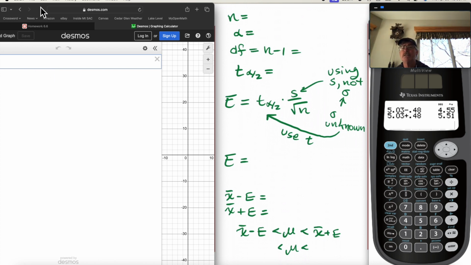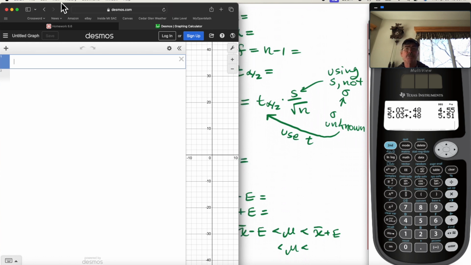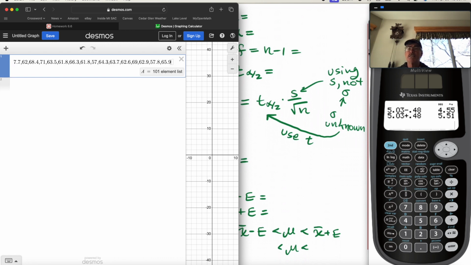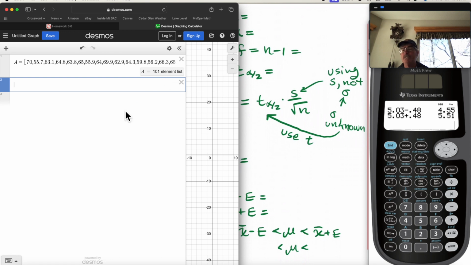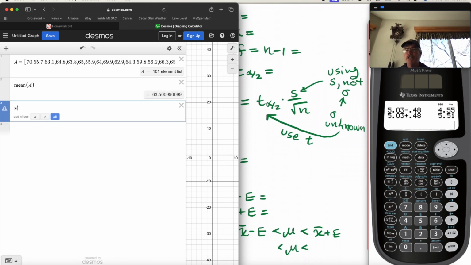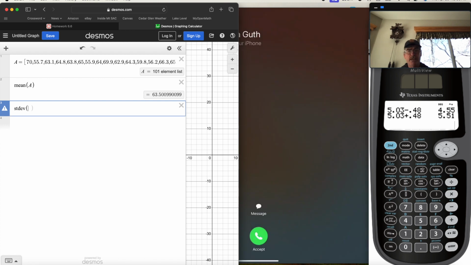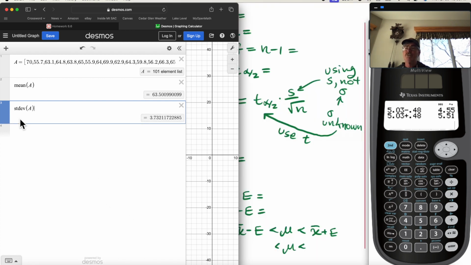It looks like I've got part of this hidden. There we go. So A equals, and you do square brackets and paste like that, and it's a 101 element list. So we need the mean, so I think we just type mean of A, and the standard deviation, STDEV of A. Right, okay, so we've got a standard deviation here of